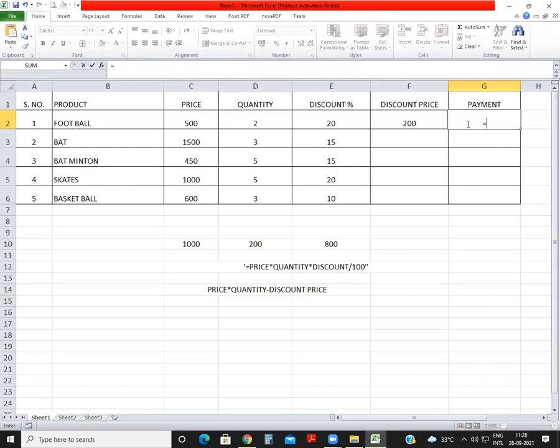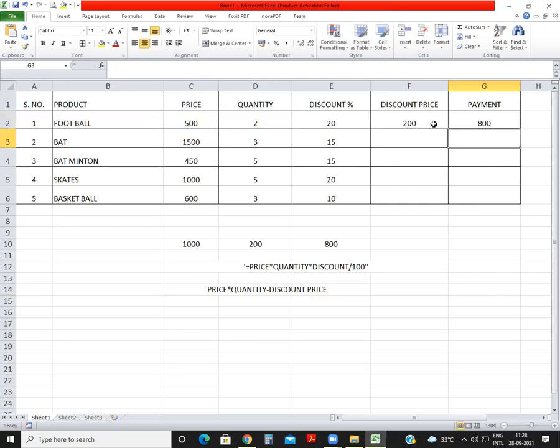तो पहले क्या ना, equal press करना है, then you have to click on this price value, then multiply, then quantity, then click the option quantity, then minus. अगर आप इसको price और quantity को multiply करो तो क्या आएगा? 500 multiplied by 2, 1000, और 1000 में से क्या minus करोगे? Discount price, this 200, तो 800 आएगा. Same हमने यहाँ पे भी किया था, but now we are going to apply by the formula. So equal price multiply quantity, then minus, then click on this discount value. Okay, discount price, then press enter.